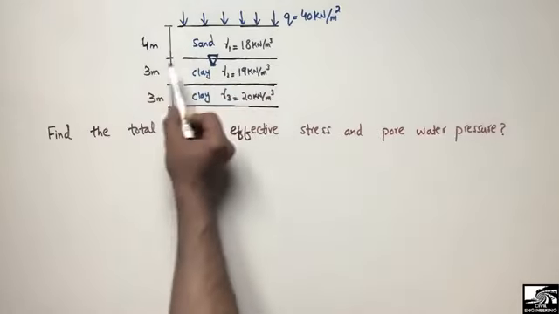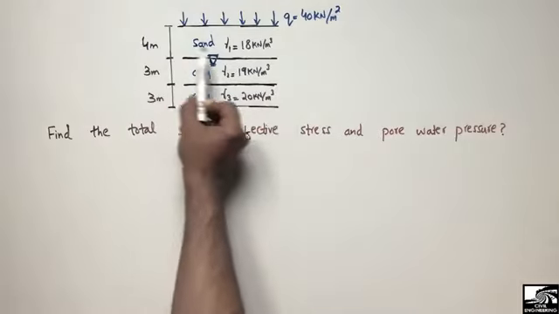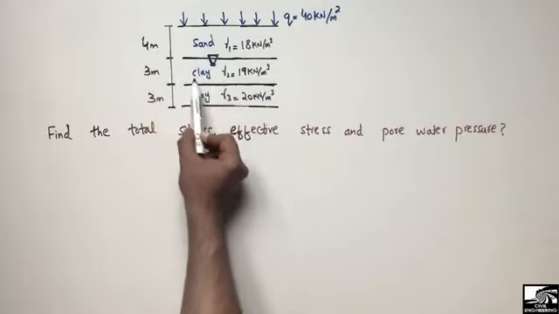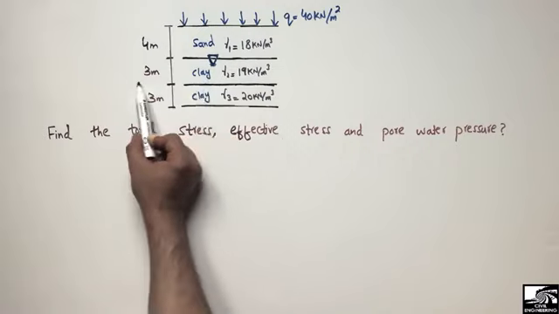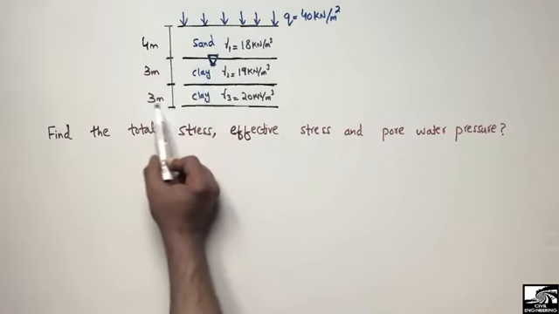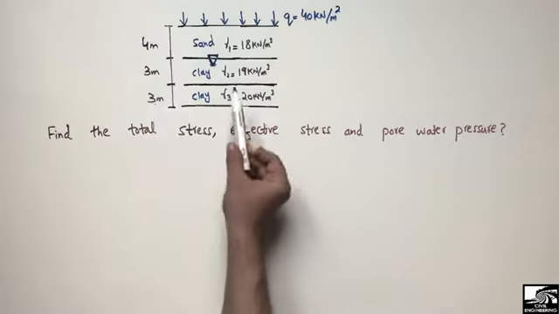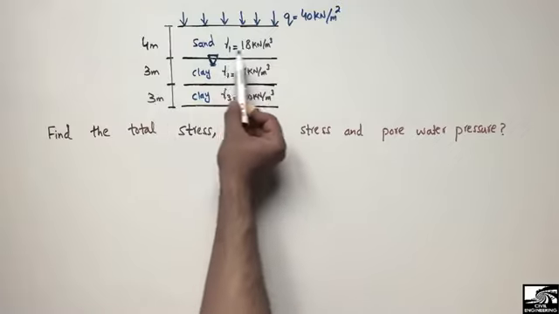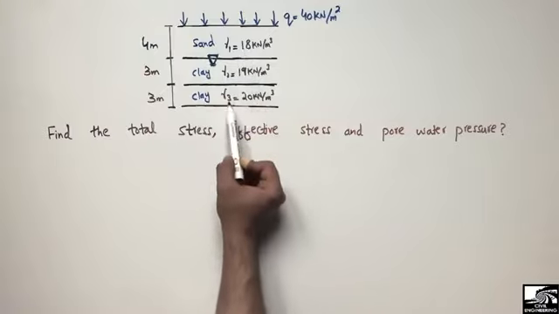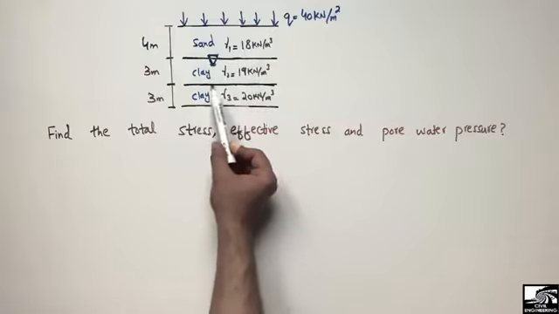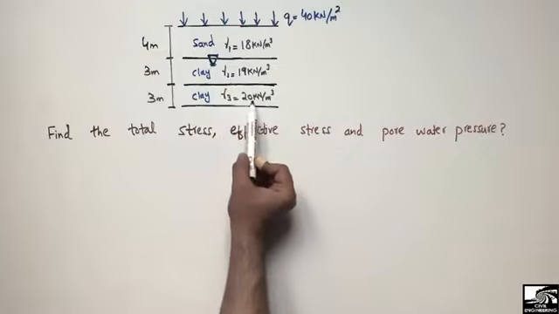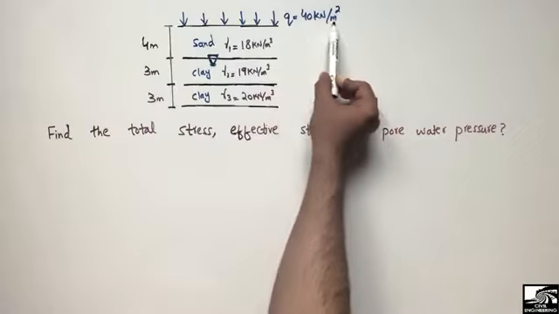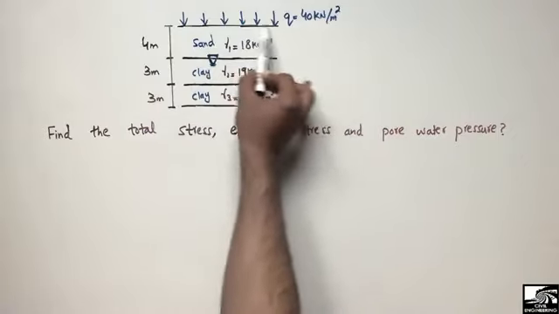So this is the soil profile given to us, which consists of sand and clay. The sand has a thickness of 4 meters, while the clay has two different layers. One layer is 3 meters and the other layer is also 3 meters thick. The corresponding unit weights of these layers are given. Gamma 1 represents the sand, and gamma 2 and gamma 3 represent the clay, while they have different unit weights. And also there is a pressure of 40 kilonewton per square meter acting at the top of the